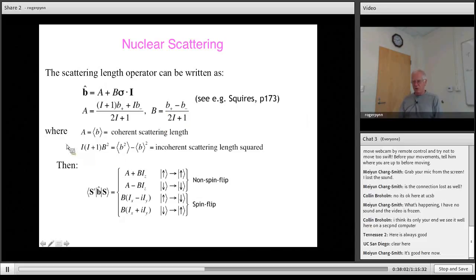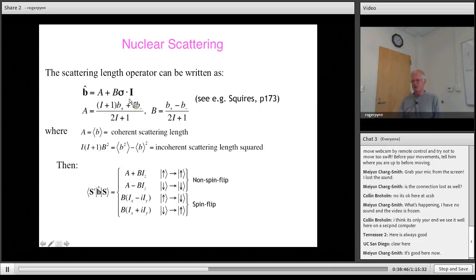But what you find then eventually is that this A is, and here it is what I had on the last view graph as the average of B. And then this B here is essentially proportional to the incoherent scattering length that I defined on the previous two view graphs. So what we've done here is we've split up the operator, which is the scattering length operator, into a part which is the coherent scattering, and a part which is the incoherent scattering that depends upon the spin